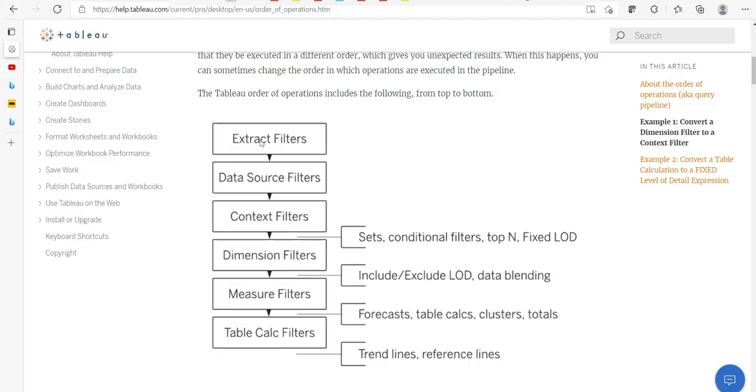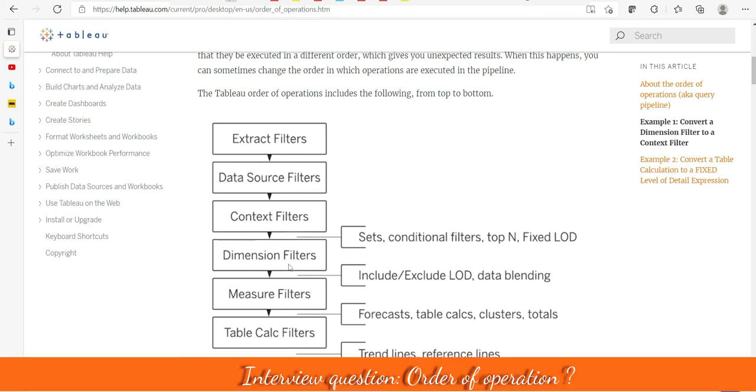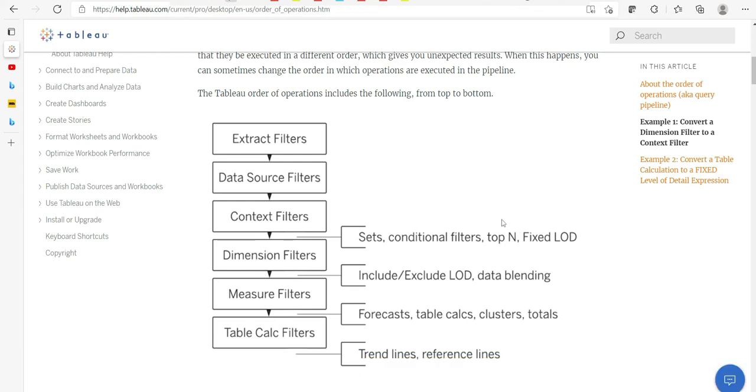That means first of all, you will have extract filter, then data source filter, then context filter, then the top n and dimension filter. So we have two filters over there, one as top n and the other as a dimension filter, right? So it's quite obvious that first it will go with the top n and then with the dimension. So what is happening? First you are getting the top five districts, and after that it is filtering the state. But what you want is the reverse order.